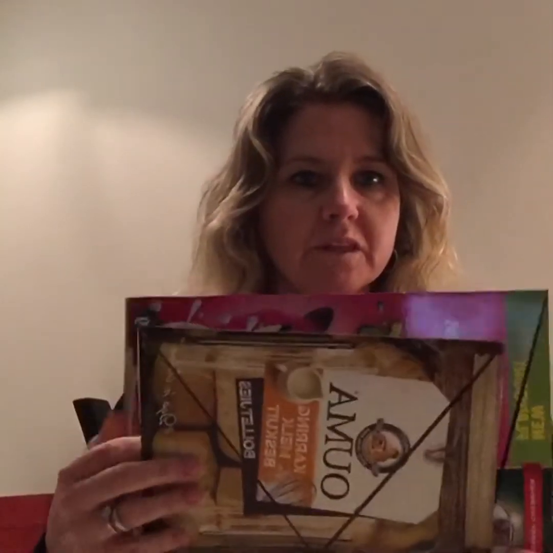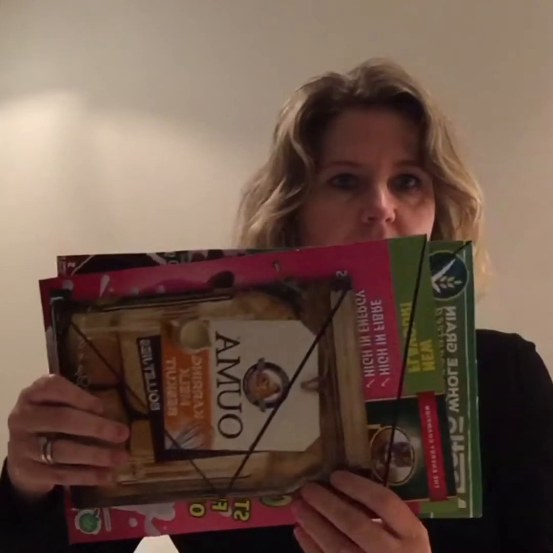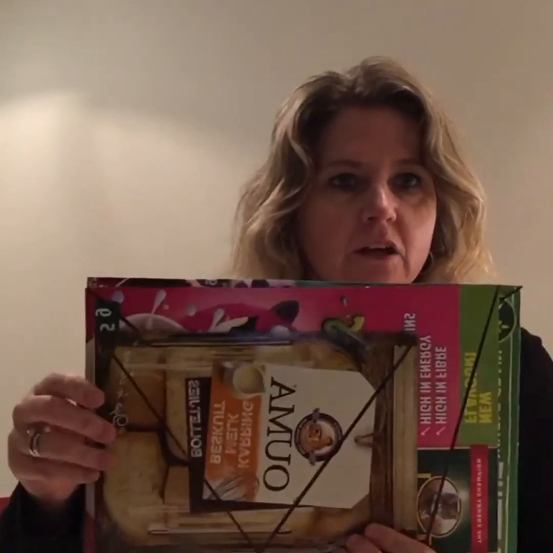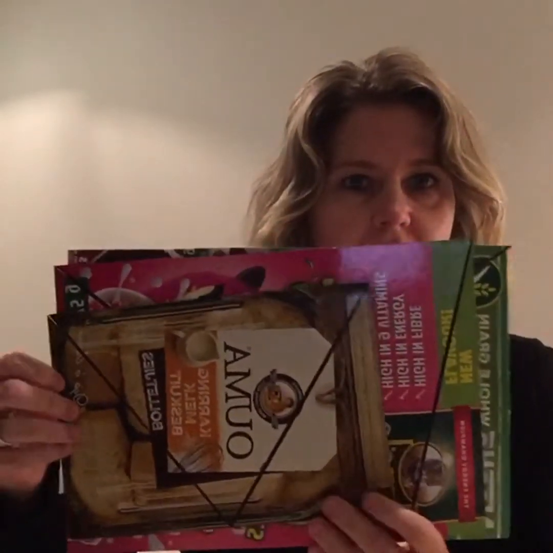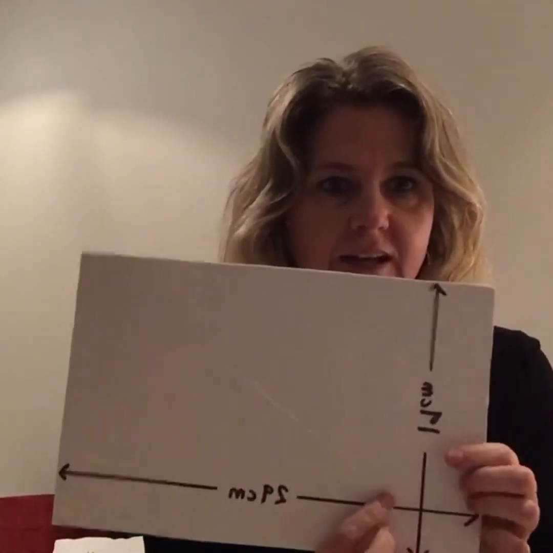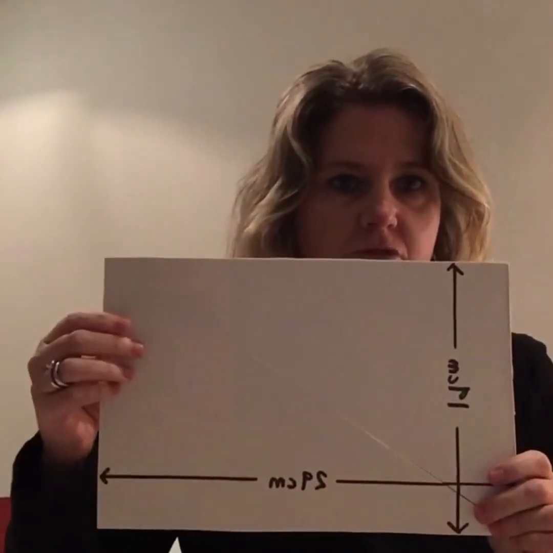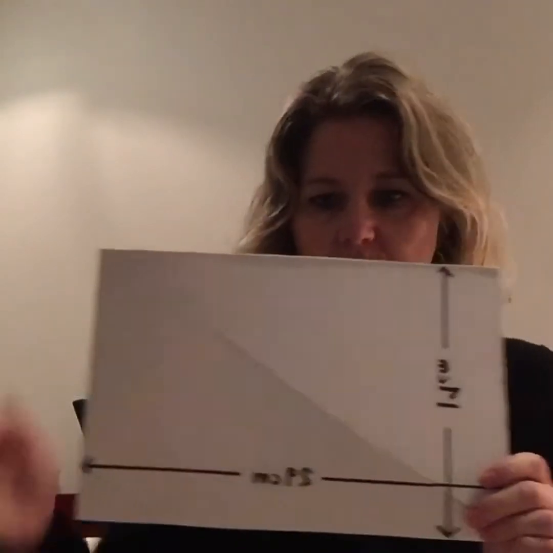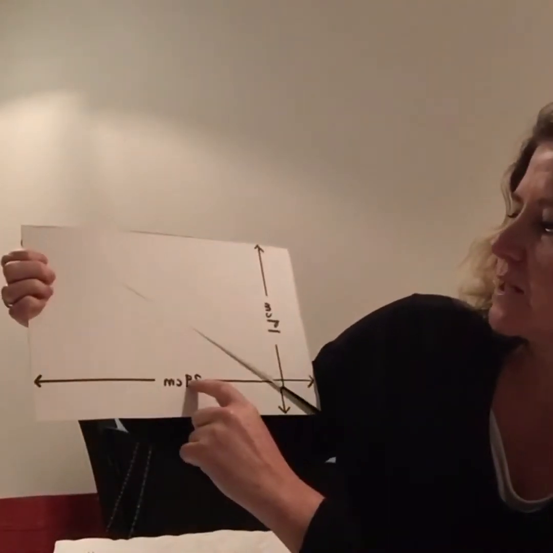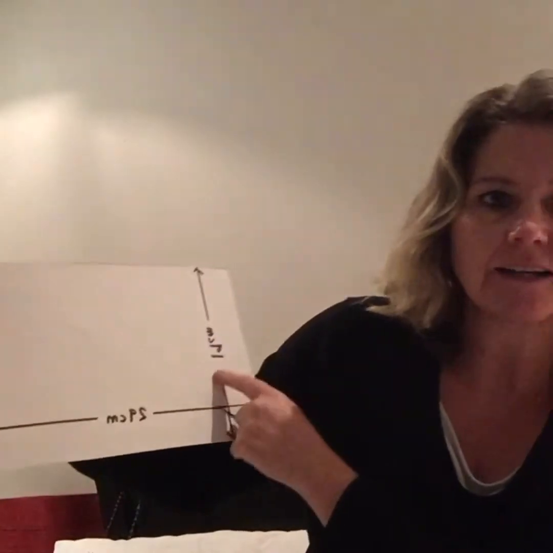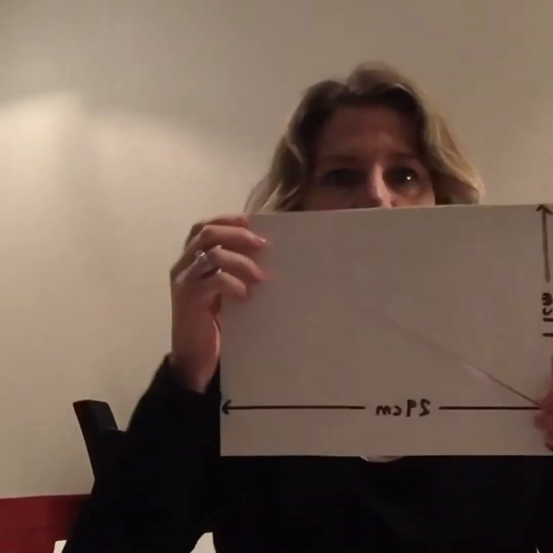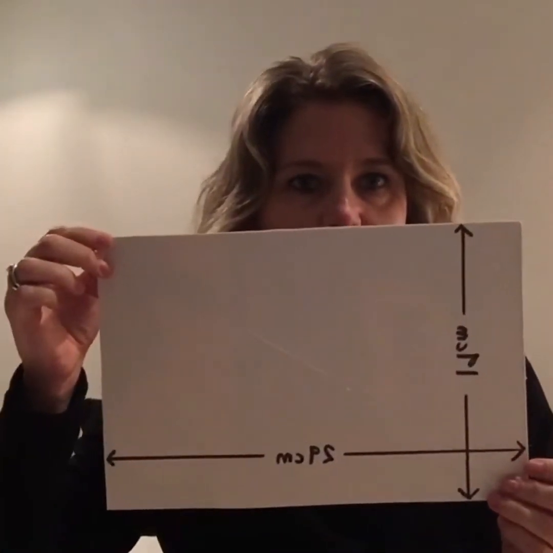If we put these rectangles together, they're all slightly different sizes, as you can see. And last year you learned to calculate the area of a rectangle. You need to measure across the length of it, and you need to measure across the width of it. Sorry, this is backwards for you now, but this is 29 centimeters and this is 19 centimeters. So to calculate the area of this rectangle, we would say